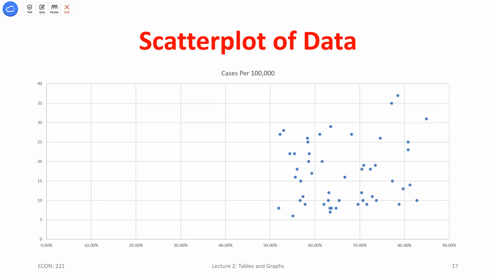It's kind of hard to say. It's probably pretty flat. There are states that have a really high percent vaccinated and low cases, but there are some that have a high percent vaccinated and high cases, and kind of the same on the other end. So there's probably not a whole lot I can come up with. This data doesn't look like there's an obvious relationship between getting a higher percent of your population vaccinated and the number of cases your state's going to see. One reason why, and this was older data, I think when we were just out of restrictions.